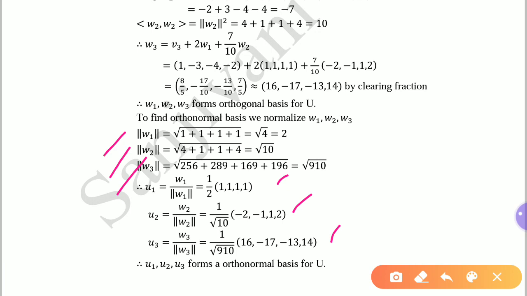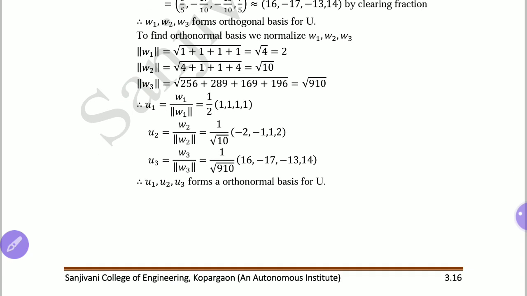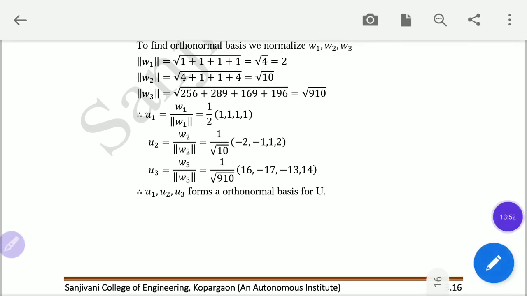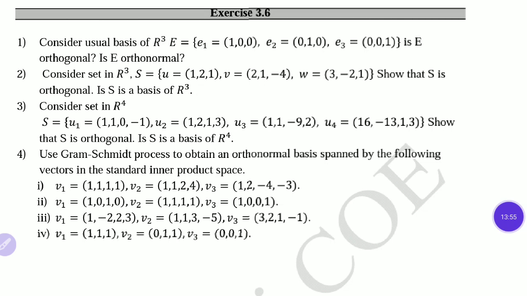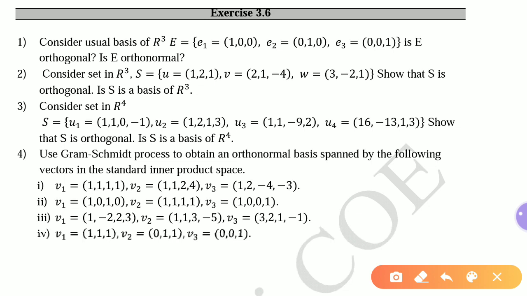So in the Gram-Schmidt process, you need to remember the 3 formulas of W1, W2, W3. By using them, you can determine the orthogonal basis. And if you want the orthonormal basis, at the end you divide the obtained vectors by their norm. So this is how you can do it in the Gram-Schmidt process. Now a few examples: these are some examples you try to practice. If you need any help, you can ask. All these topics are very easy. If you know the definition, you can definitely do them well.